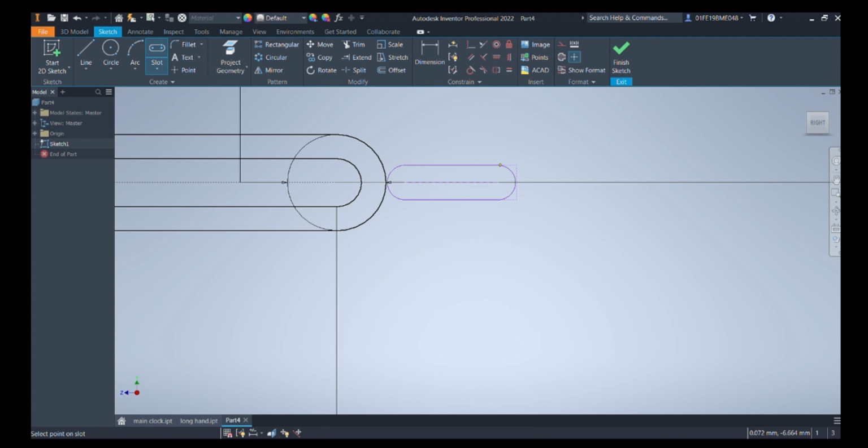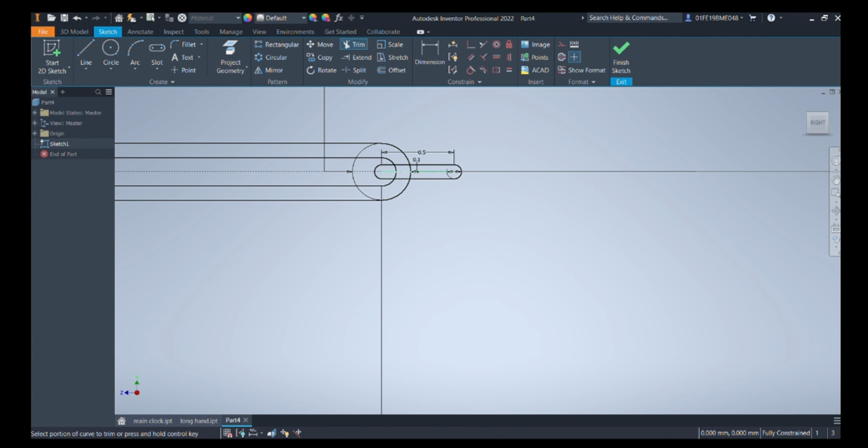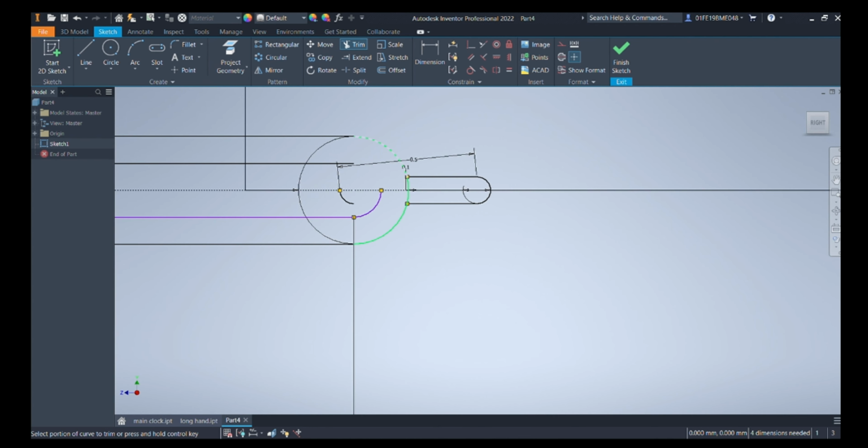Once we draw the tip at the clock, we need to coincide with the center point at the right side. So again giving 0.5 as some distance and coinciding it with the right circular center point. Okay, we have coincided at the point. Now we need to trim the exact portions. We can see that it has slightly moved down, so pressing Ctrl Z will revert it to its position. And now trimming of